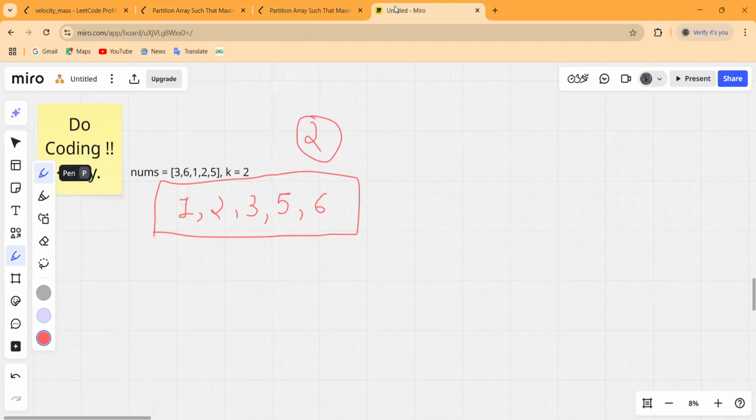So let us initialize a min to infinity. That means there is a minimum variable that is pointing to infinity first, and there will be a maximum variable that keeps track of the minimum and maximum value for each possible subsequence, and this is pointing to minus infinity.